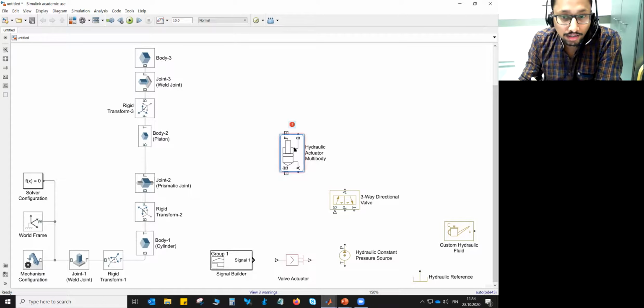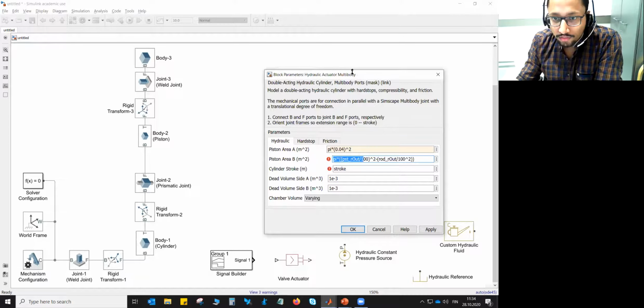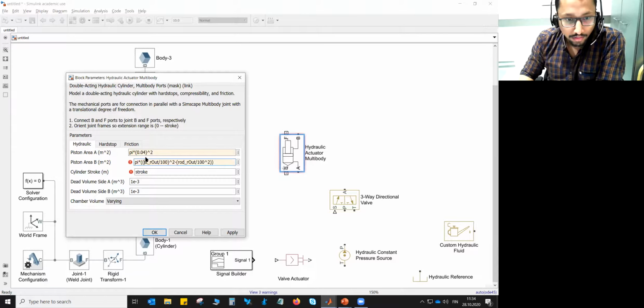So if you have understood that connection carefully, let's go ahead and model. So piston area will be pi r square. R will be that of radius, which is 40 millimeters, so 0.04. Whereas for the piston rod side, it will be 0.04 for the cylinder and 0.03 for the piston.